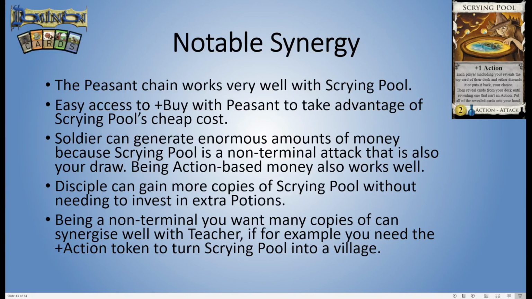Similarly, Teacher as well can sometimes stick plus buy on piles. Soldier is very notable in that it generates you more money the more attack cards that you have played this turn, and Scrying Pool is a non-terminal draw that is also an attack. And what that means is that you are very, very likely, before you play your Soldiers, to have played quite